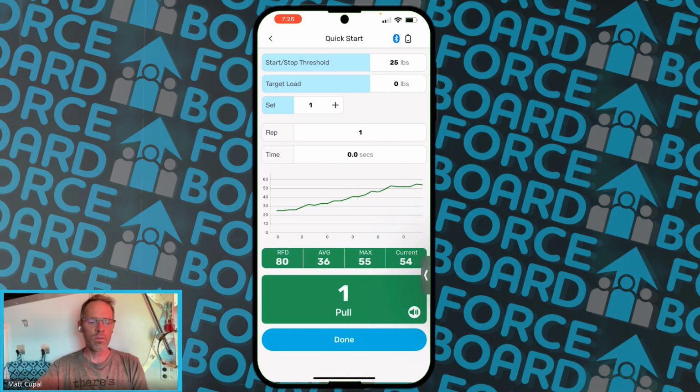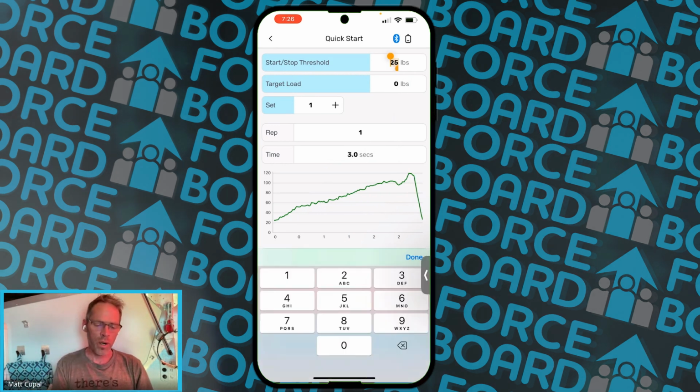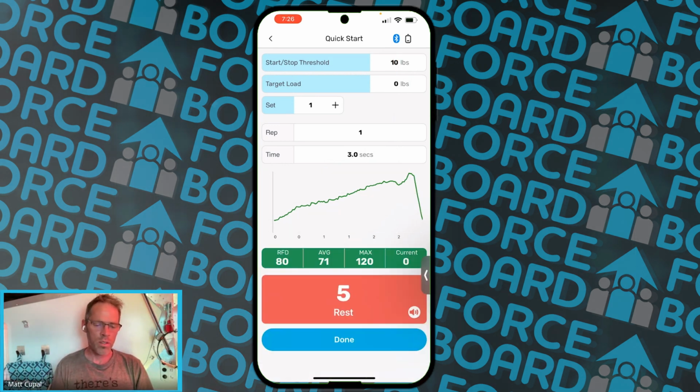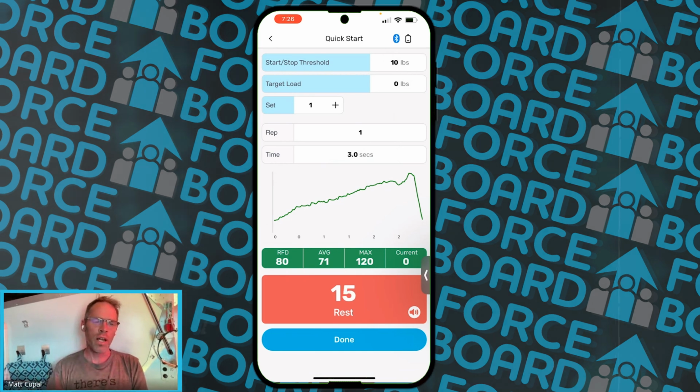If I'm above 25 pounds, it will start to trigger a rep. If I go below, it stops. Right now, the minimum you can do with this is 10 pounds, but we've had lots of people ask us to lower that, some physiologists in particular, physical therapists. So we're going to drop that threshold down so that you can do 2 or 3 pounds as a trigger